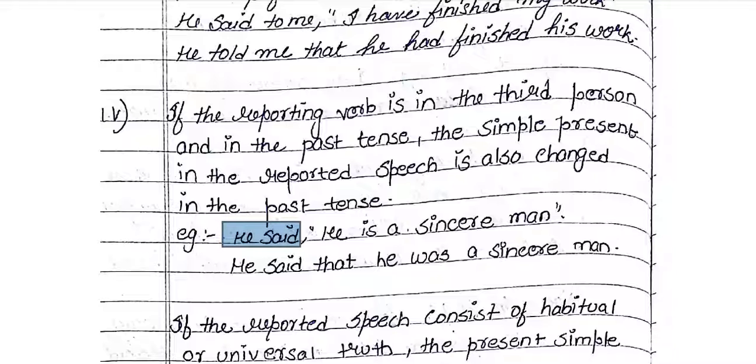Then the verb in the reported speech is simple present, so it will change to past tense. So here it will become, he said that he was a sincere man, so he is becomes he was. Okay,